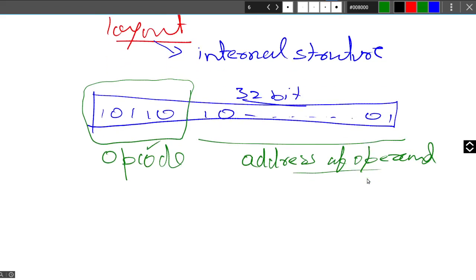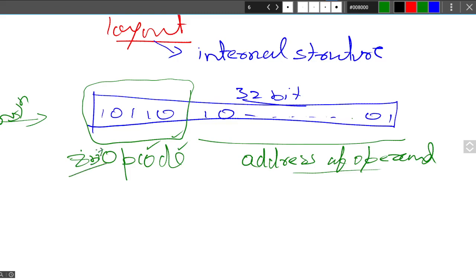So in this format, when we try to understand instruction format, we understand that there are these two important things in the particular sequence of bits, the instruction. This is a particular instruction. So one instruction will have some part as opcode and the rest as address of operand. It may be 8-bit, 7-bit, 10-bit, whatever it is. But let me understand, if it is 8-bit,